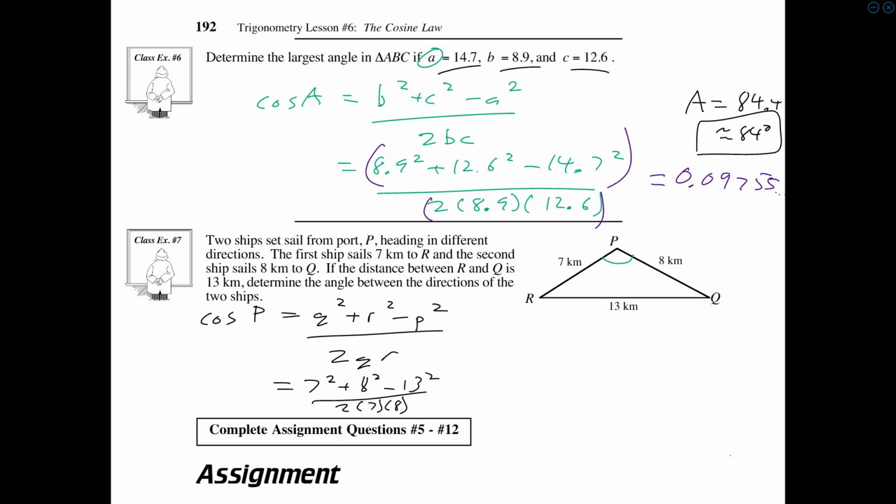Okay, so divide that by... So I have cos of P equals negative 0.5, and at this point my evil teacher takes away my calculator and says you're never